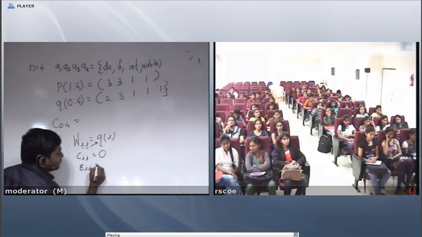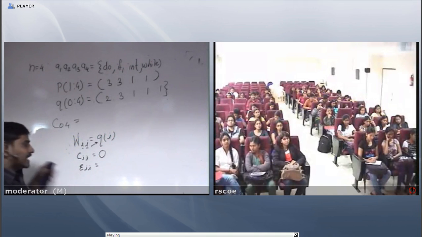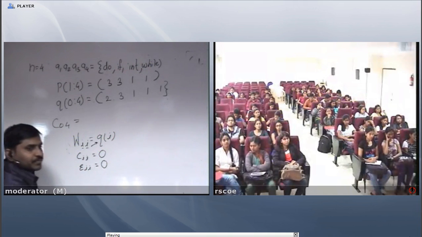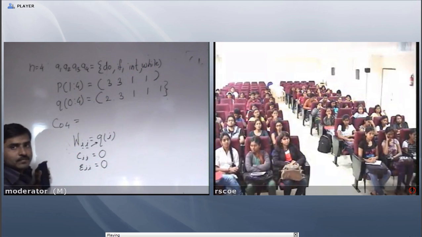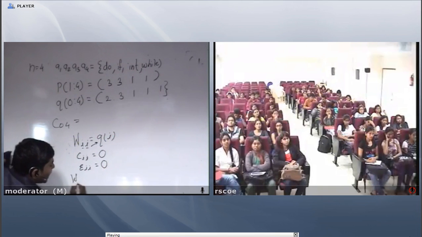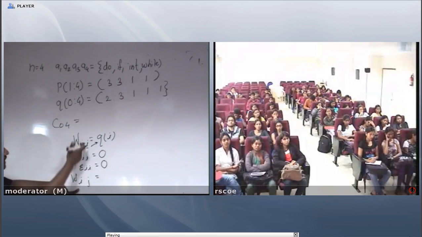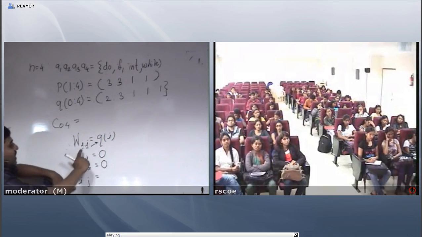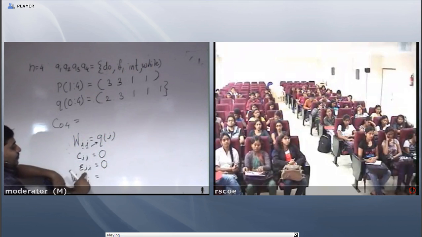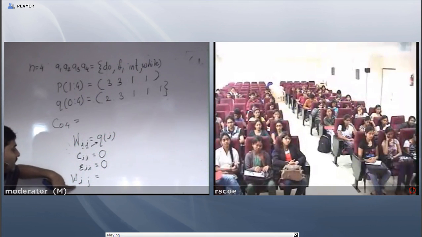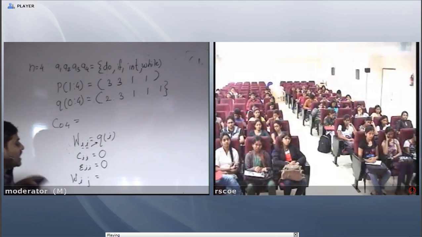Root of i, i. Then we also consider it as 0. They are given. Now, how can we find out the weight from i to j? The previous consideration stays the same for W_ii, C_ii and root_ii. But how can we find the weight of i, j?